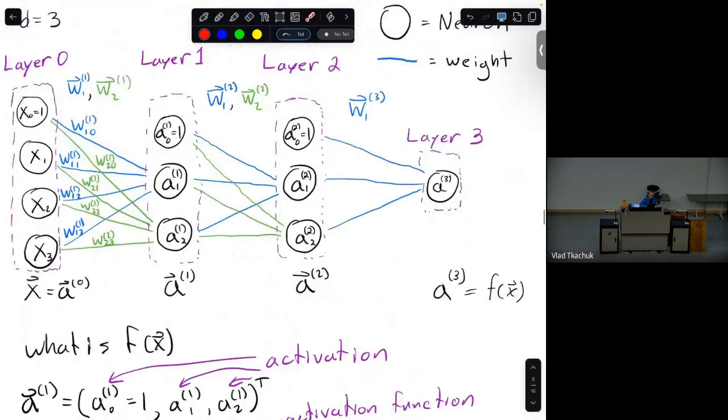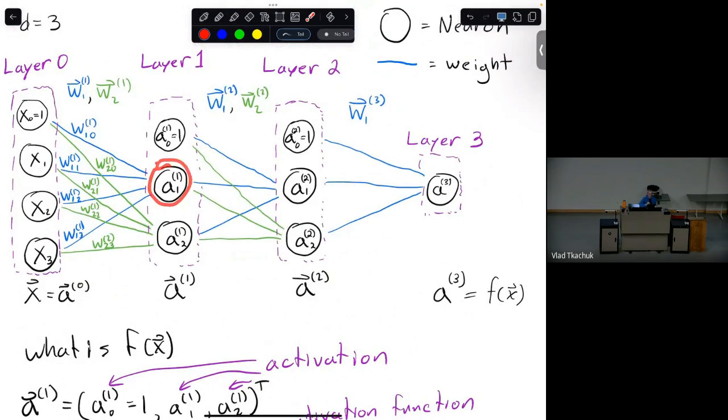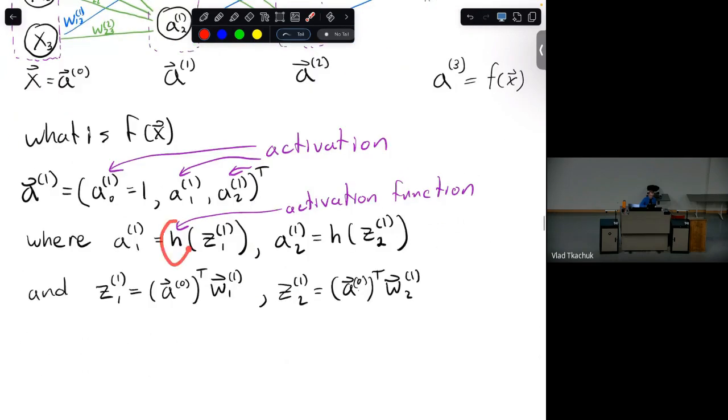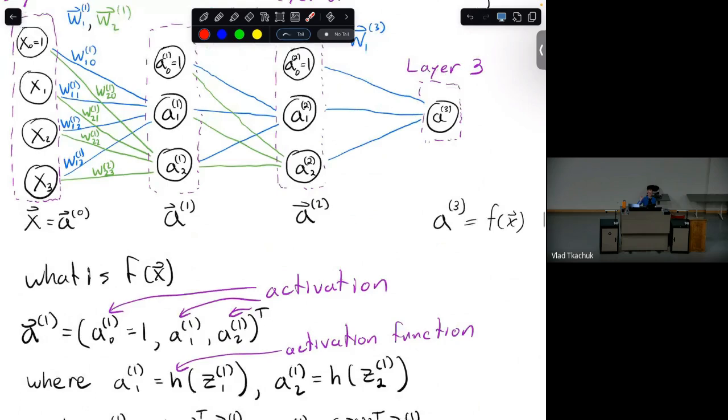Okay. Then all that happens is that this activation or this neuron, what it does is then it will apply some function on top of that dot product called an activation function, which is this H. So if we then just look at what is the definition of this, it's this two-step thing. It's H applied to this linear function. Okay. And that's always going to be how every single one of these activations is represented. Is just take in the dot product of the previous features with some weight vector, right? These are all these lines. And then apply this thing called an activation function. And then what do you get? You just get a number.